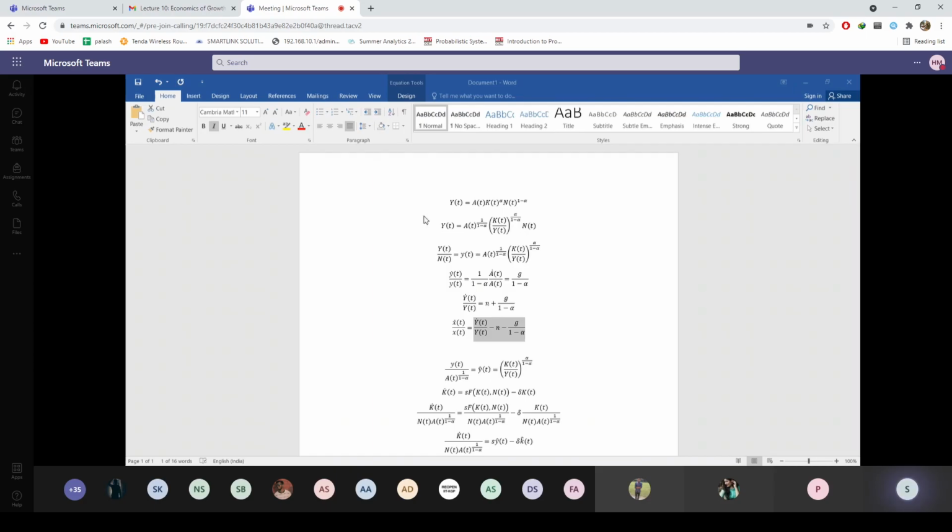Are you with me? Would you mind unmuting yourself? Yes, sir. Your job is to find xt so that x dot t divided by xt is Y dot t divided by Yt minus n minus g divided by 1 minus alpha. Then your choice of xt is unique, and that is